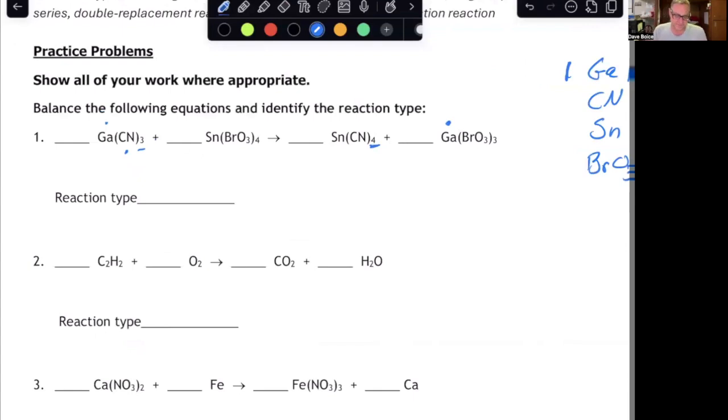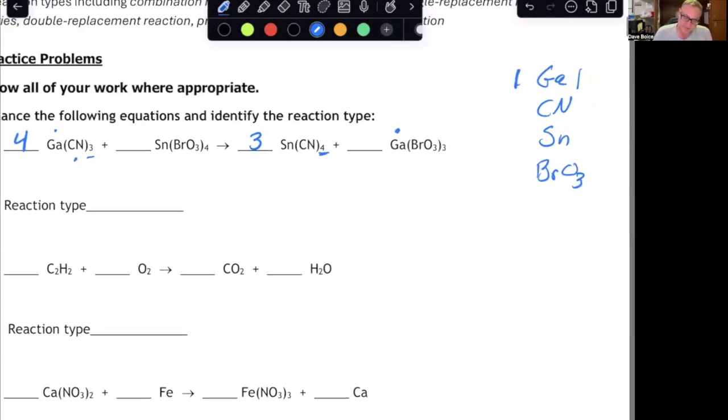That's 12, the smallest number they can do. So I'm going to multiply this side by 4, and on the other side, I'm going to multiply by 4 and give myself 4 of these. So 4 times 3 is 12. So I have 12